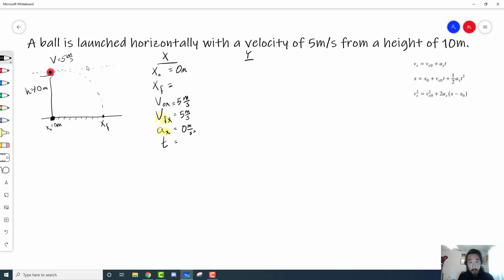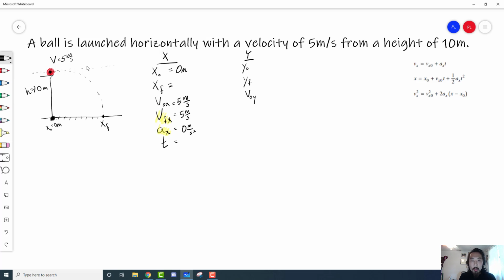Now, see what I do. Instead of writing XO, I'm going to write y initial. Instead of writing XF, I'm going to write y final. So that tells us my initial y position. This tells me my final y position,